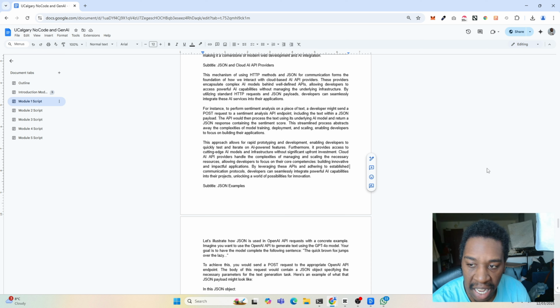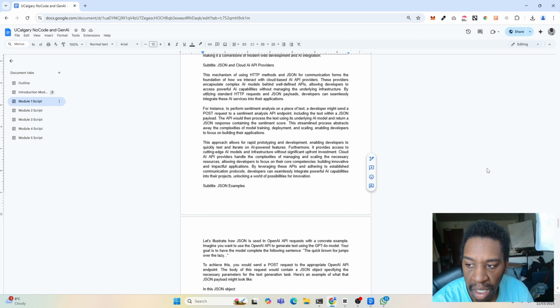By utilizing standard HTTP requests and JSON payloads, developers can seamlessly integrate these AI services in their applications. For instance, to perform sentiment analysis on a piece of text, a developer might send a POST request to a sentiment analysis API endpoint, including the text within a JSON payload. The API will then process the text using its underlying AI model and return a JSON response containing the sentiment